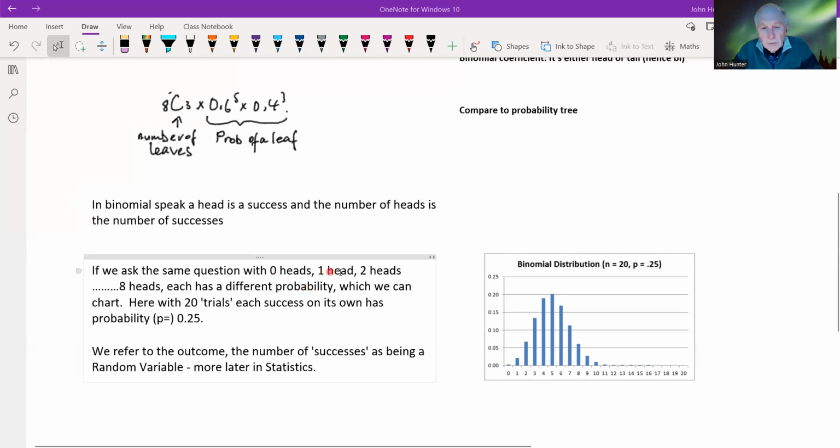What would be the probability of 1 head, and so on? Well, we can work these out. It's similar to this. Obviously, this is going to be 8C3 or 8C5. So we can actually work that out,